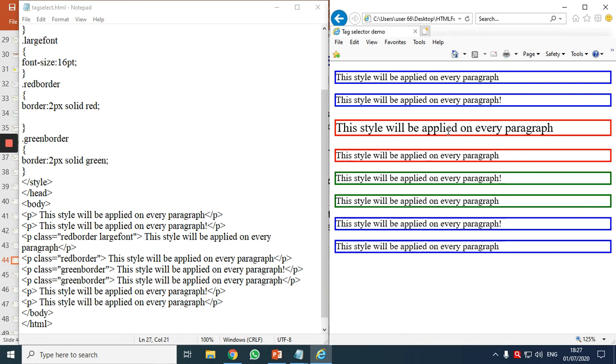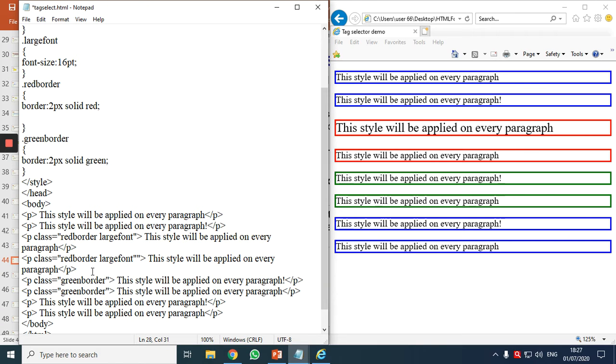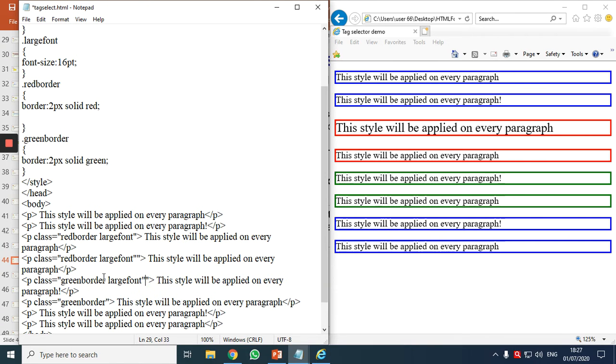Control S. Let us see whether it works. Correct. Working, right? Now, that means if I want all the four to come with that particular font size, I can give it here also. Right? I can give it here. I can apply it here as well.